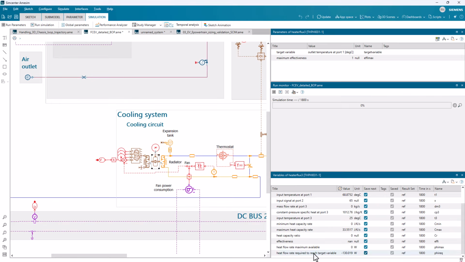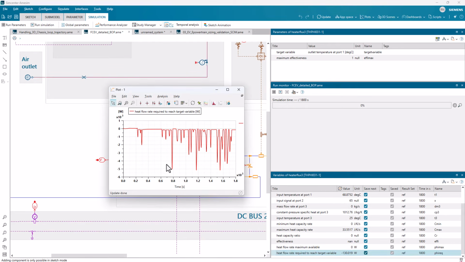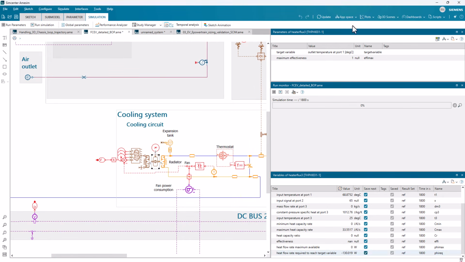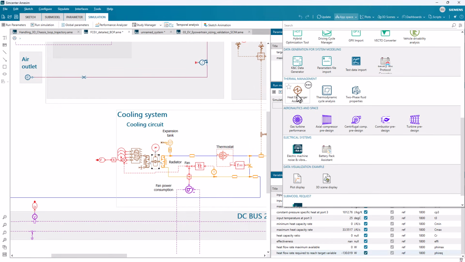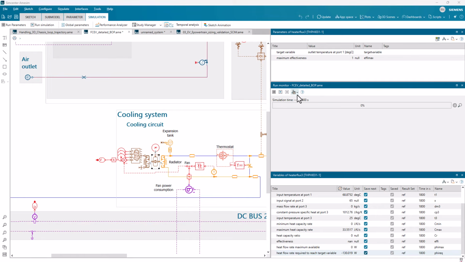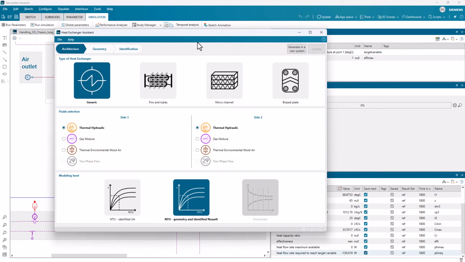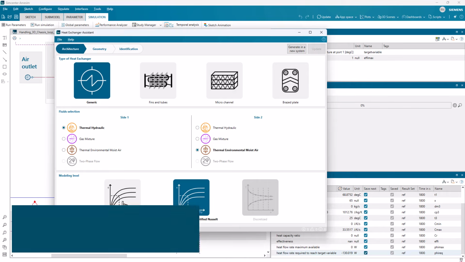Okay, here we see that we need a rather large heat exchanger to keep the outlet coolant temperature at 35 degrees. Let's use the heat exchanger assistant to generate the heat exchanger we need. Yes, and here are several new features to help size the best heat exchanger.